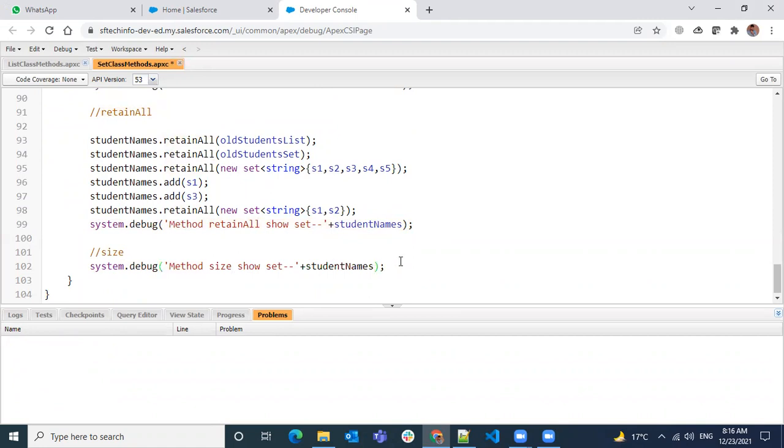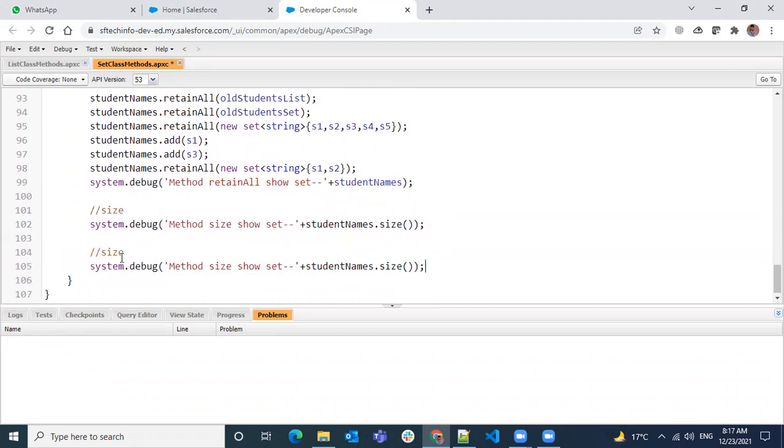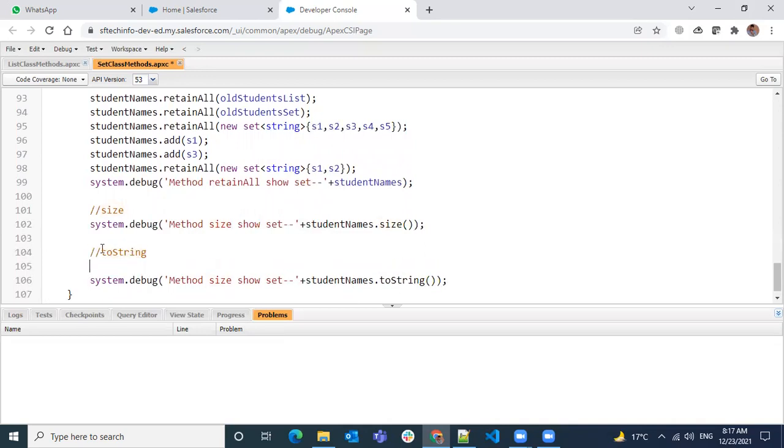So we can use this size method. Straightforward only. And then one is toString. Simple form. We can assign the set to a string value.